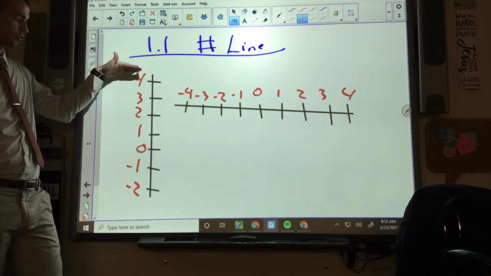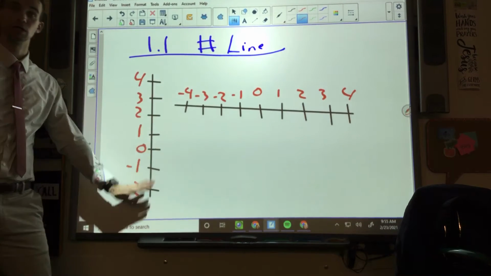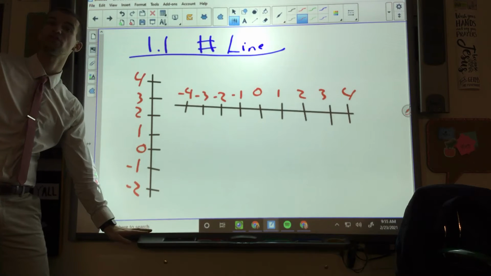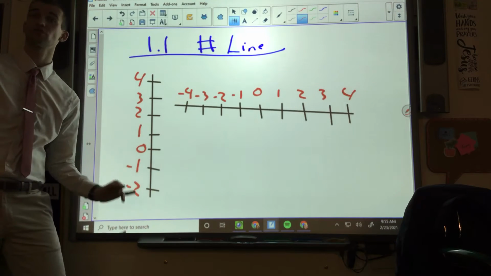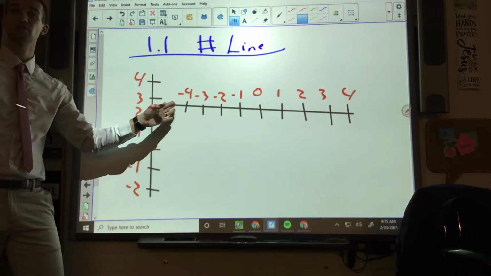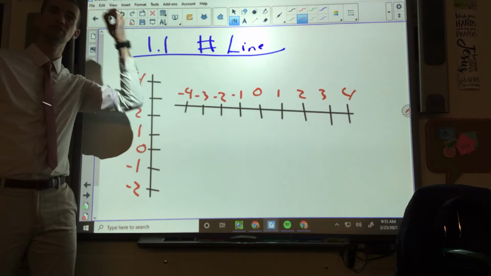But remember, the highest number goes on top, lowest number goes on bottom, and it keeps on going further. As it goes further and further negative, those are lower numbers, right? -4 degrees is lower than -2 degrees. Even though we think of 4,